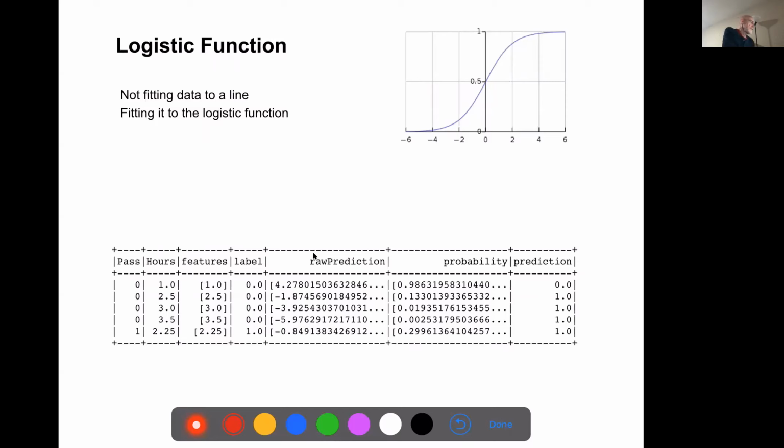Yeah, but we've seen a logistic function before. And we're using this to figure out how to map these raw values up into the probability of being either 0 or 1.